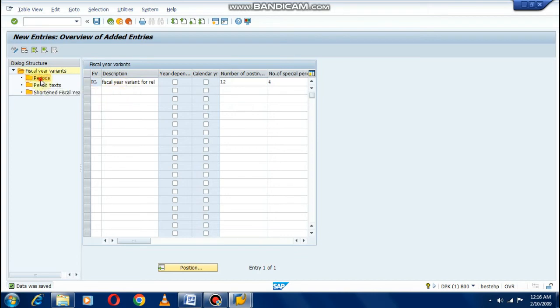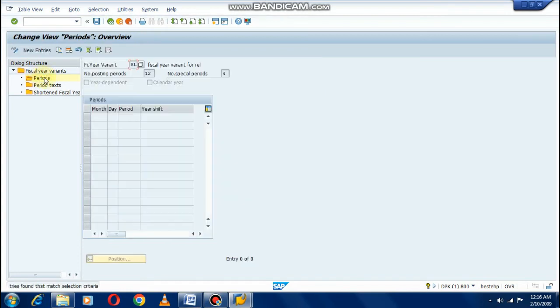So click on period. Select this line by clicking this and click on periods. So there are four columns: month, day, period, year shift. So click on new entries. Yeah, month first. So we are going to start from April.